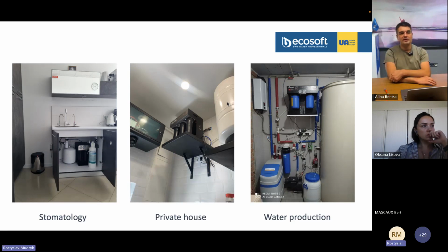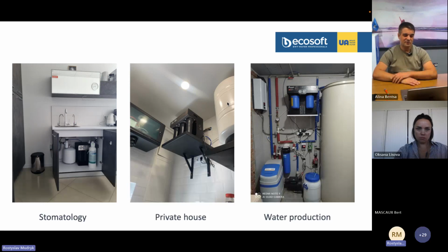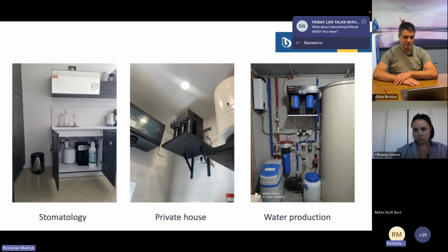Also, in many houses there are dishwashing machines that can be connected to this kind of water to improve the washing. I know that in the US, if such an application is used, people also use it for the home car wash. They rinse the car after cleaning with this kind of water, just to avoid white spots after the car becomes dry. This is what is special